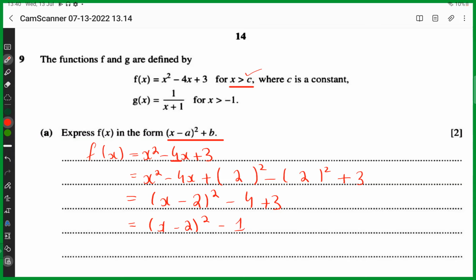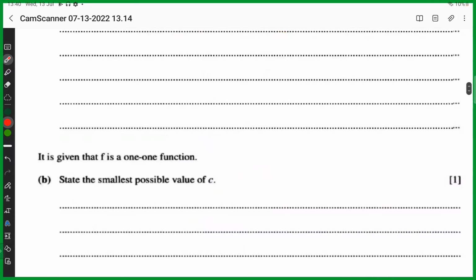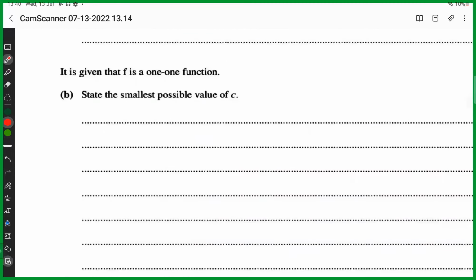All right, so this was easy, and now it's very clear that a has turned out to be 2 and b is minus 1, right? These were the two constants, and we have calculated them by converting it to the other form. Okay, let's focus on the second part of the question, then it would make more sense. The second part says, it is given that f is a one-to-one function. Okay, f is a one-to-one function. So at times the examiner writes it is given that the inverse of the function exists,